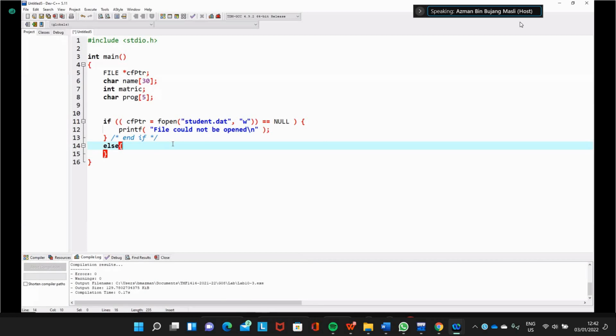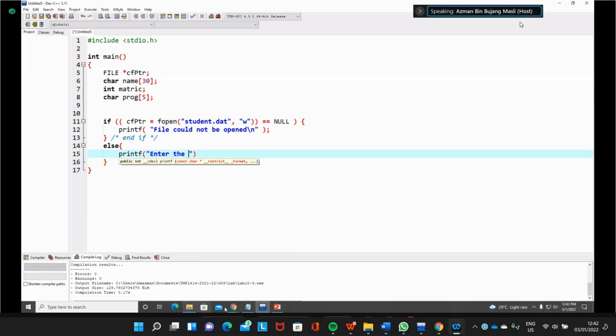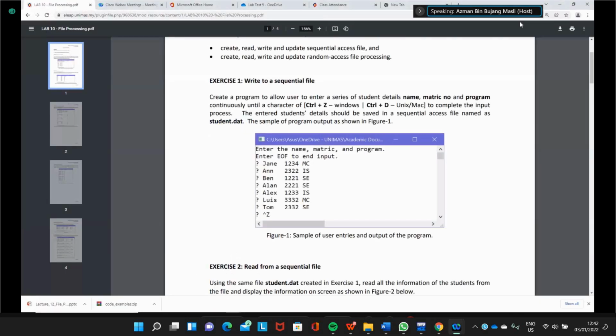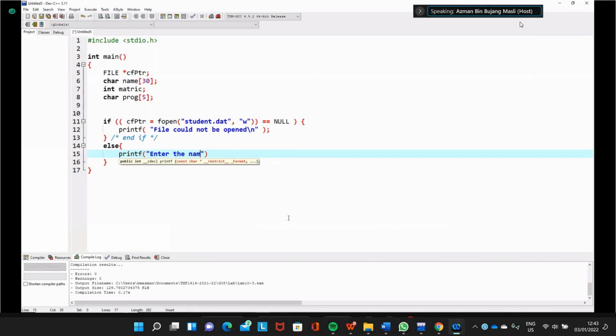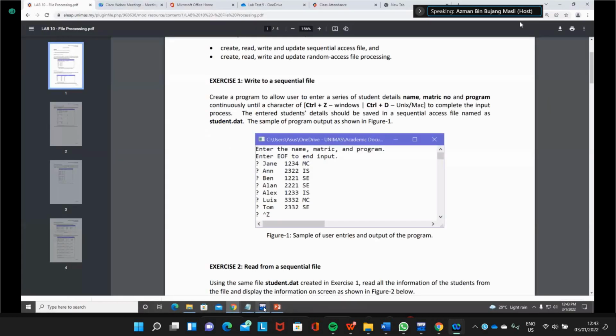Here we ask the user to enter the data: enter the name, metric, and program. Then we put here: enter end of file to end input.